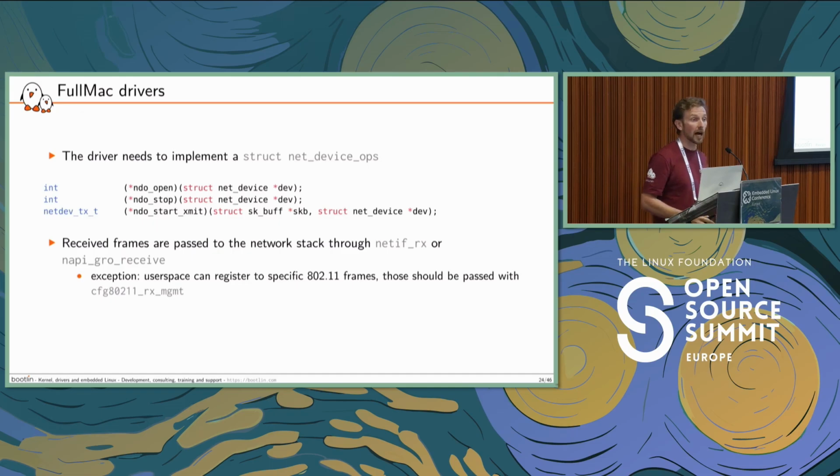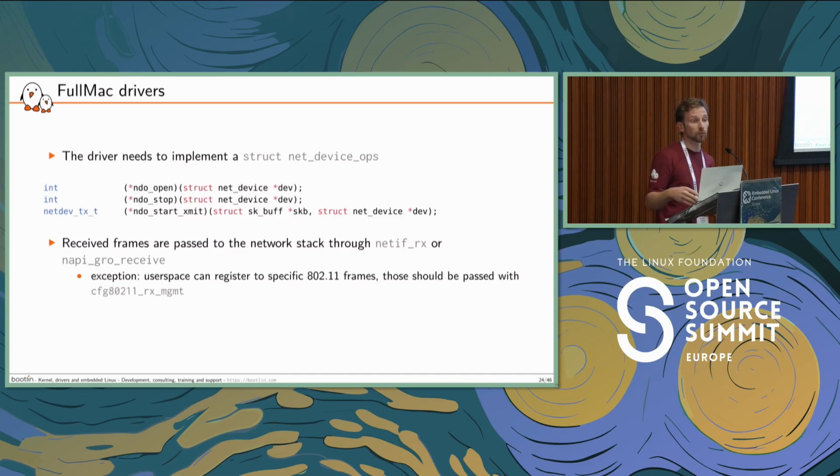On the receive side, I don't have any cfg80211-specific APIs. I will directly use the standard network stack receive APIs, so some netif_rx or napi_gro_receive if my driver implements a NAPI poll loop. Of course, I have some exceptions.